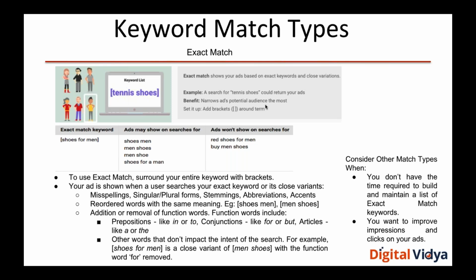So a good ad group will have a judicious mix of all these different match types. If you're finding certain keywords costing you too much, not getting you enough return, maybe you can convert them into exact match. If you're finding certain other keywords not giving any impressions at all, maybe you can change them to a slightly broader match type, like phrase match or broad match modifier or even broad match. So it's like trial and error, but you can play around with those keywords and see which match type